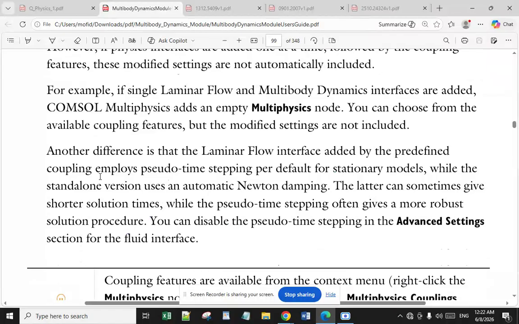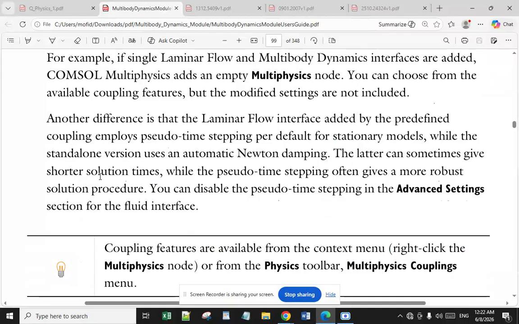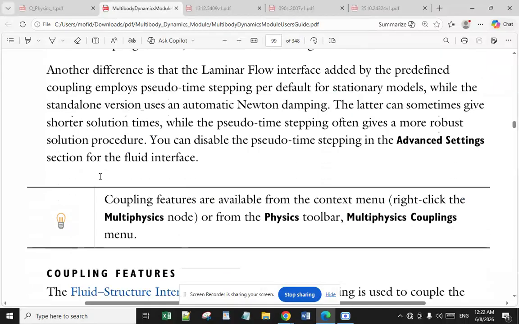For example, if single laminar flow and multibody dynamics interfaces are added, COMSOL Multiphysics adds an empty multiphysics node. You can choose from the available coupling features, but the modified settings are not included. Another difference is that the laminar flow interface added by the predefined coupling employs solo time stepping per default for